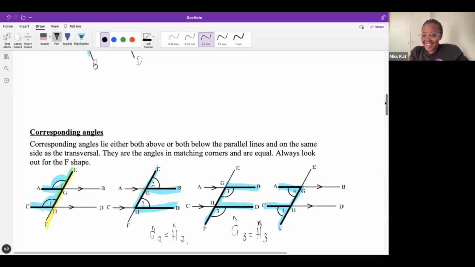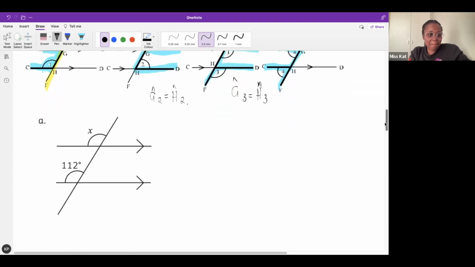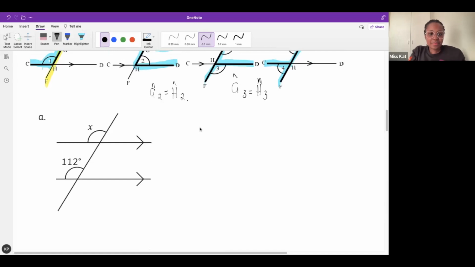Okay, now let's go down. There we go. What is the size of angle X and what is my reason? Let us practice. What is the size of angle X? Okay, Wady says 112, or Tenda, I guess, was trying to say 112 as well. So I can say X equals 112 degrees, and it is